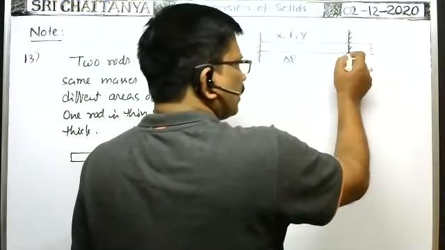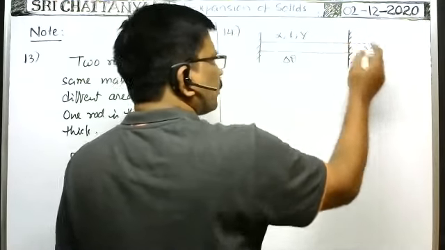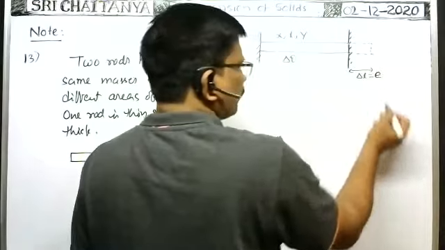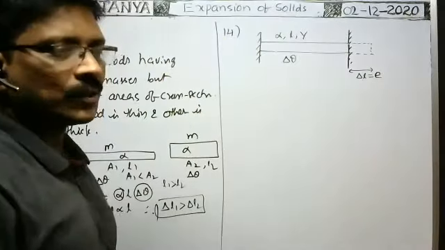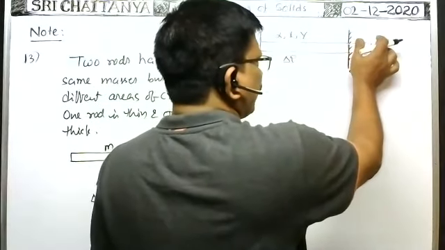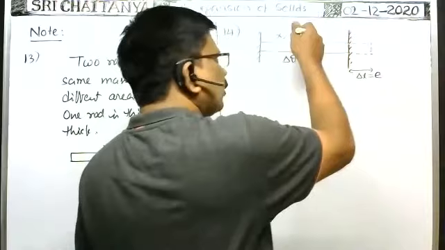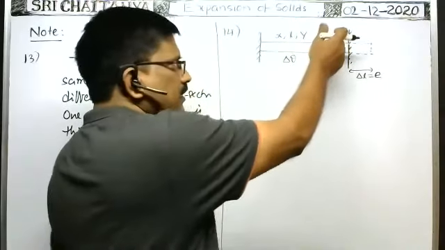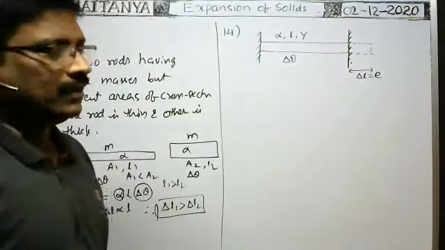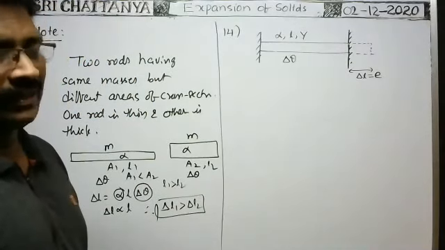That's why whatever the linear expansion upon heating, the same length is compressed by this rigid support. That's why the compression in the rod is also the same. Actually, the length of the rod becomes L plus delta L upon heating. But the length of the rod is again made L only by compressing it with the help of this support. That's why the compression of the rod is equal to the linear expansion, delta L.